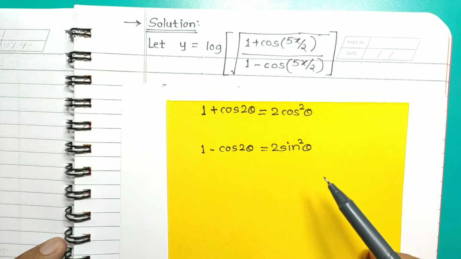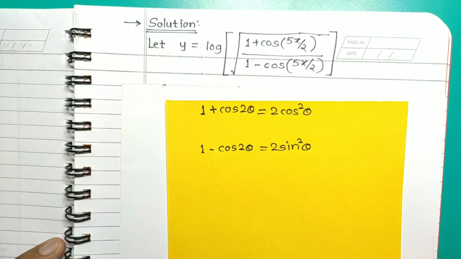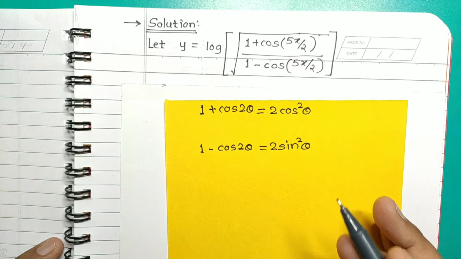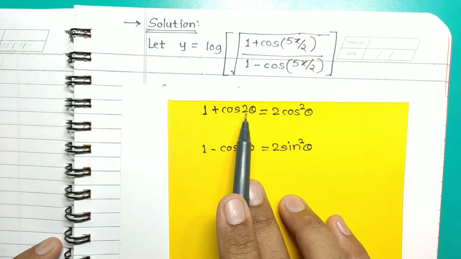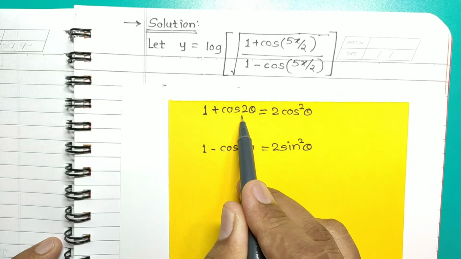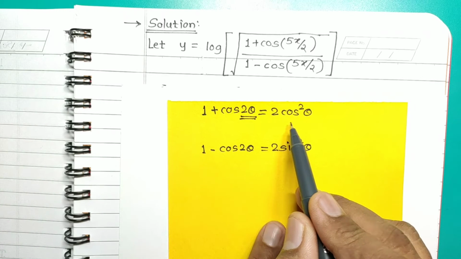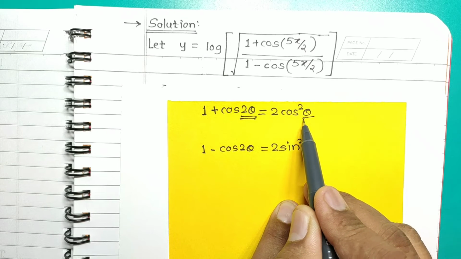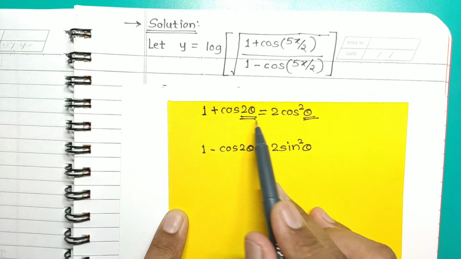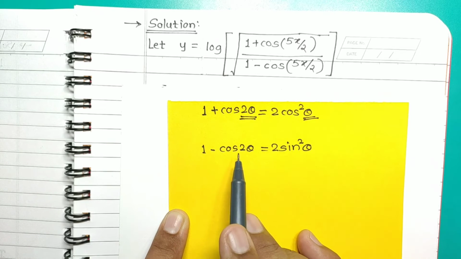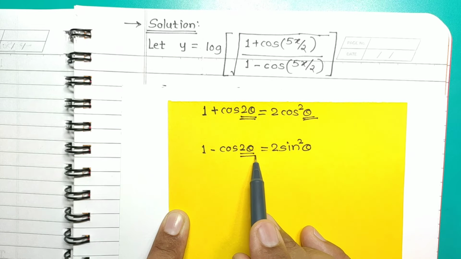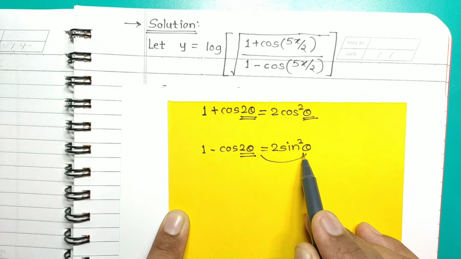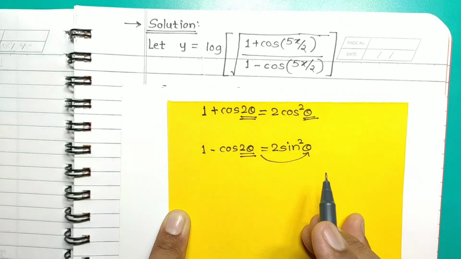So you recall the statement: formula is king and concept is queen to rule the kingdom of maths. So see again, here it is 1 plus cos 2 theta, the angle is 2 theta here, and in the conversion it is halved. It is theta here. So the angle becomes half in the conversion. Mechanically you keep this in mind. Again here the angle is 2 theta, and in the conversion it is halved. It is just theta here.